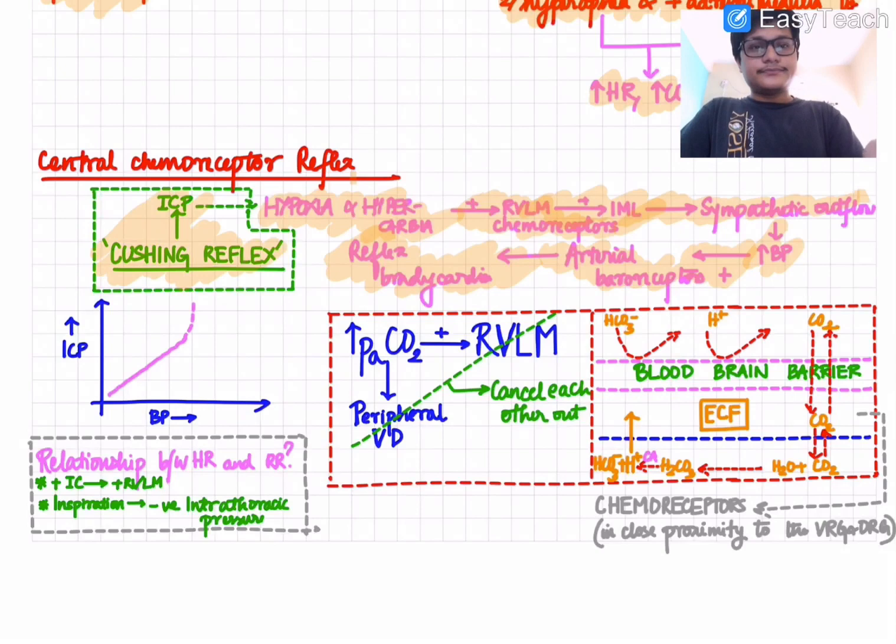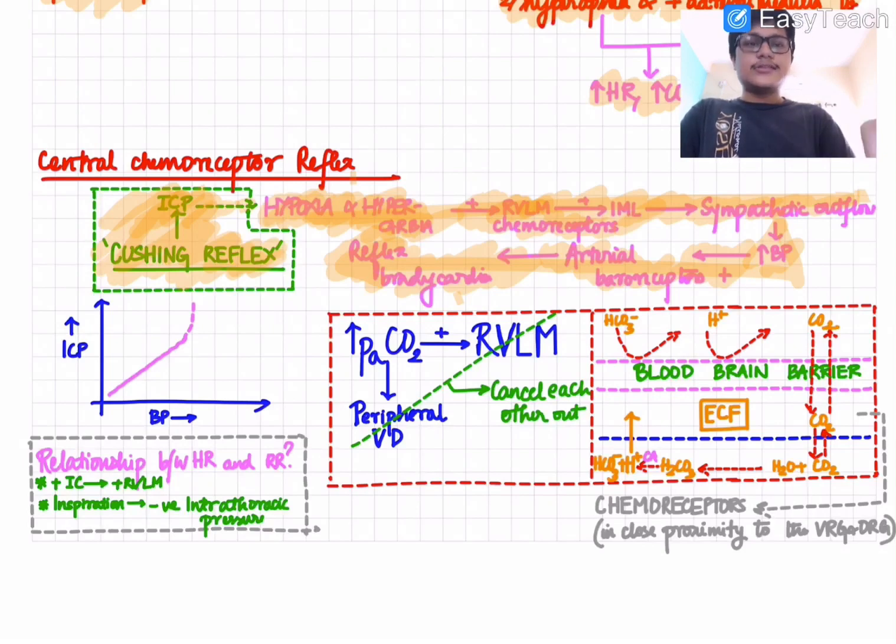So what happens is that when there is increased intracranial pressure, commonly seen in road traffic accidents and where there is head trauma, this increased intracranial pressure will cause hypoxia and hypercarbia in the region of the rostroventrolateral medulla, and this entire sequence of events will occur. That is, there will be increased blood pressure, there will be reflex bradycardia, and there will also be irregular breathing. This is known as the Cushing's reflex or the Cushing's triad,